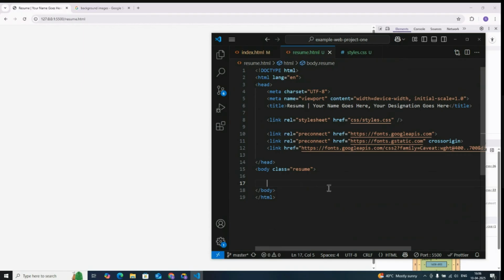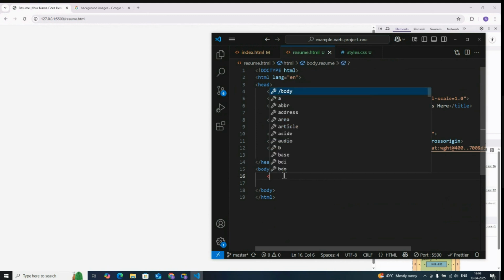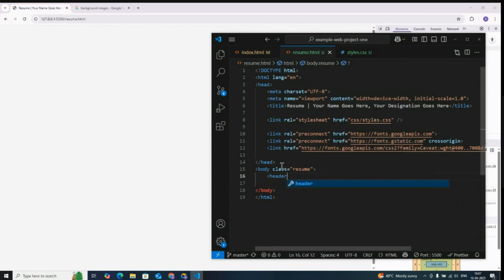So we can change the background color, not background tones. We have one header added to this. Just like the previous one, we will have a header and a section. Header, and then a main section,